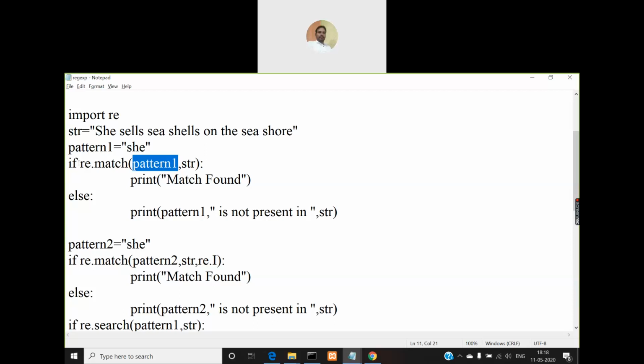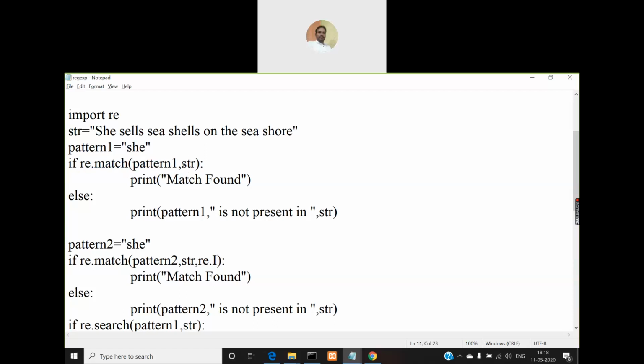The match object, because it is a non-zero value, will be considered as true. So when you use it in an if statement, it will become true or false depending on the return value of the match function. If it is returning a match object, then it will become true. If not, it will become false. If it is returning a match object, it indicates that pattern1, which contains she, is found at the beginning of the string str in which you are searching.